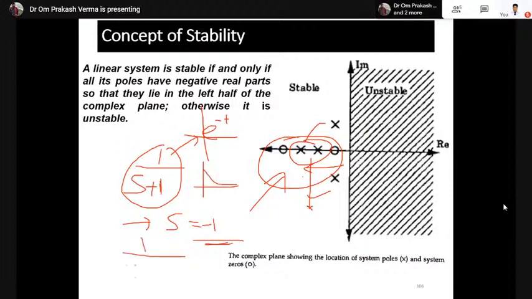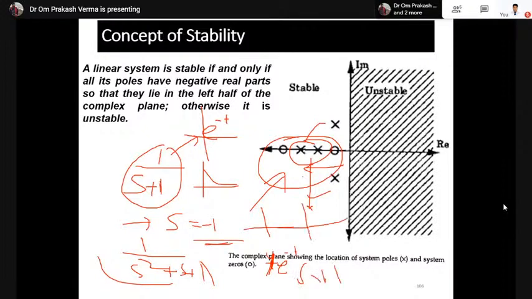Okay. Now see 1 upon s square plus s plus 1. Again it is something like e to the power minus t into sine t type. The graph is like this. So again it is diminishing as t equals infinity. So when t approaches infinity, our target is: if the Laplace inverse or the response approaches zero, then the system is said to be stable.